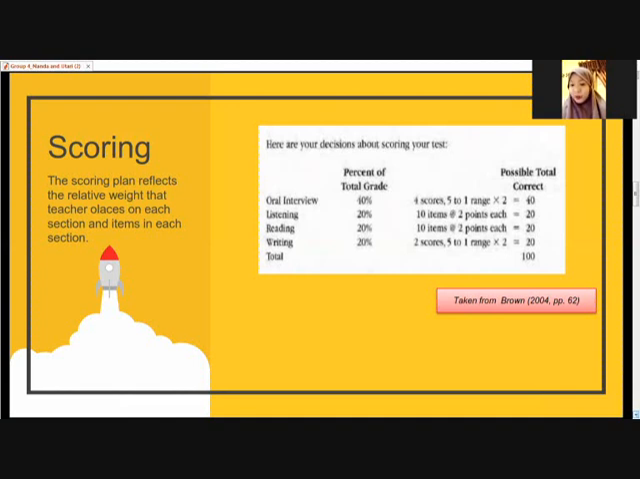And then for the listening test, you could take it as 20%, and it could be 20. And the reading test, you could take it as 20%. Also for the writing, it could be 20%. So the sum of the overall test has 100 for the total score. And the next,